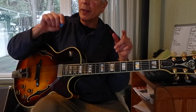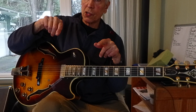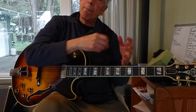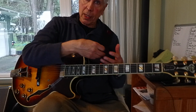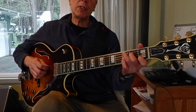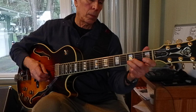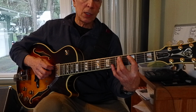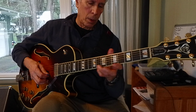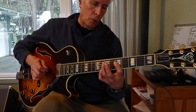But again, the real tricky part in the way that this applies to single string soloing, just being able to play something off the top of your head, is that buried within each one of these chord positions is a scale. So here's the C position, C. Here's the C chord, A position. Here's the C chord, G position, or